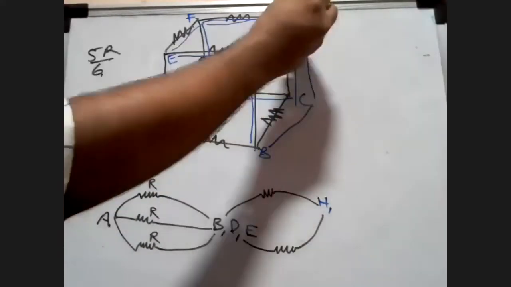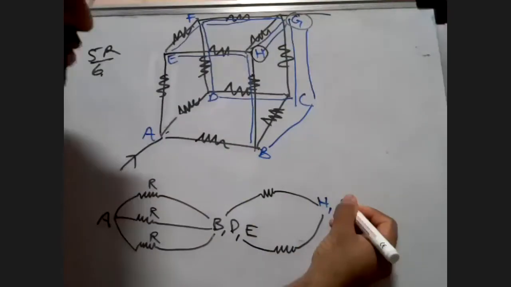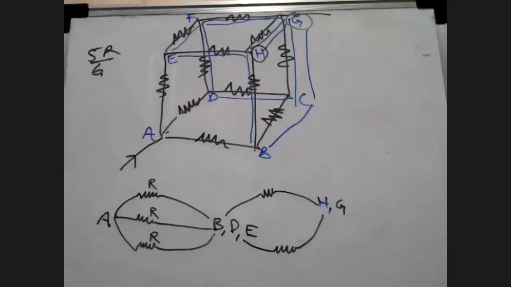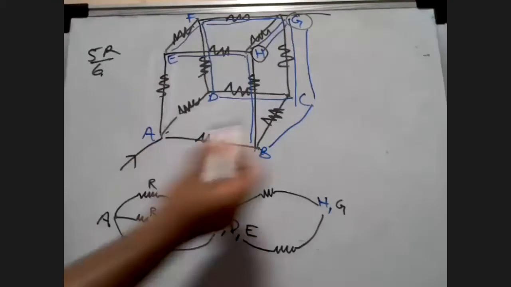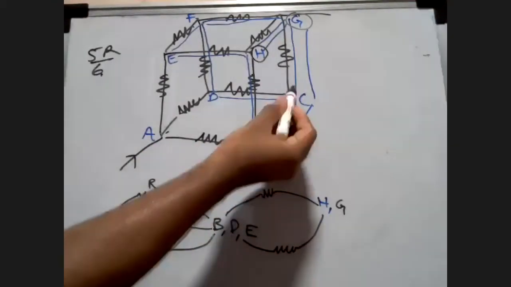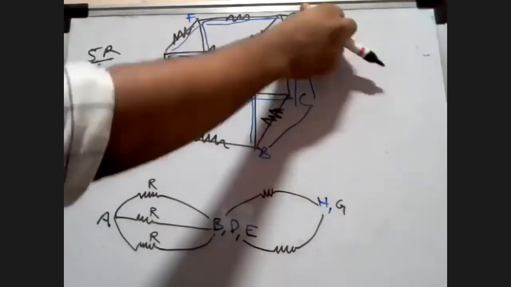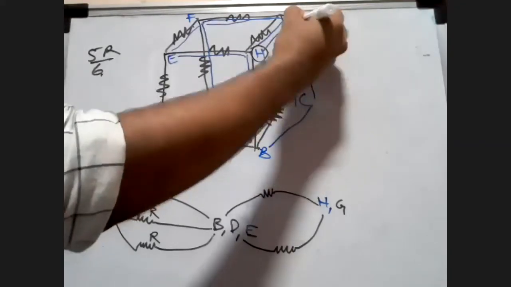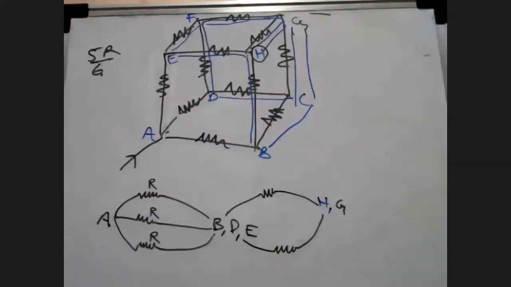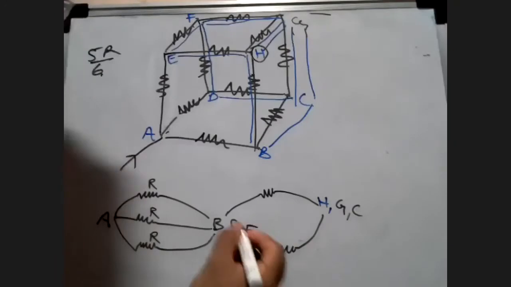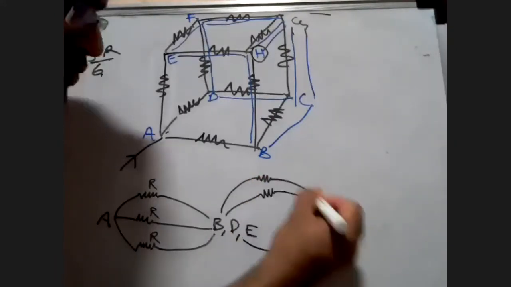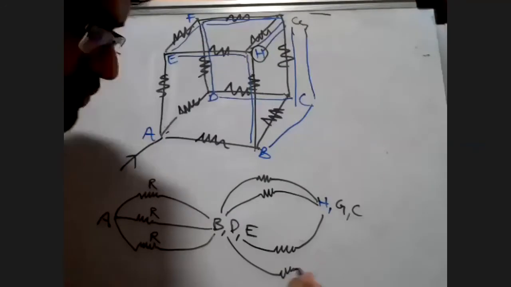Let's consider G. I will write G over here. Listen carefully. From C, sorry, not G. Which one were we supposed to consider? We are now supposed to consider the second step, that is C. Let's talk about C. So from B, we can go to C, and from D also we can go to C. So I will write from B we can go to C, and from D also we can go to C.